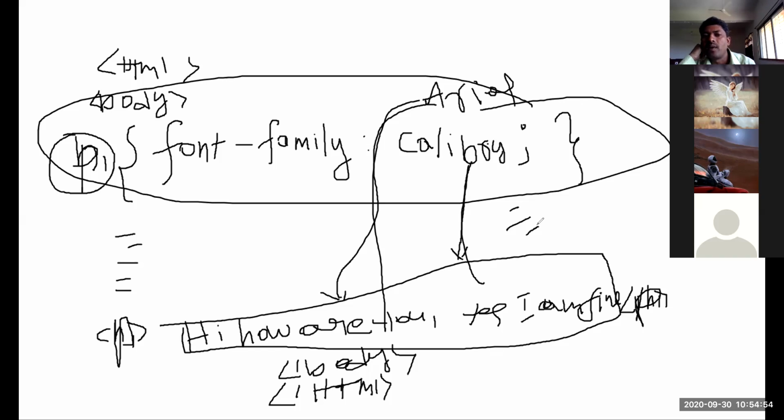Yes? How to change font family? Anybody any doubt? Are you connected, you people? Aishwarya Bisane? Yes, sir. Have you got this concept? Yes, sir.